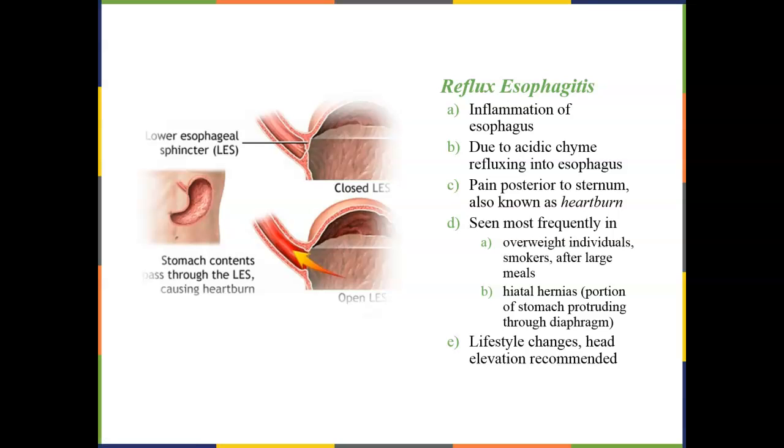The first one is heartburn, or reflux esophagitis. This is basically inflammation of the esophagus. So when you hear the term heartburn, we're talking about the esophagus receiving gastric juice from the stomach. We have that lower esophageal sphincter that stays closed, and that's important. If it was opened, then the gastric juice in the stomach could move into the esophagus and cause damage to